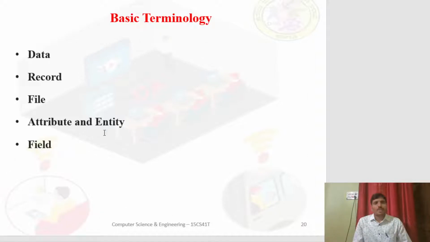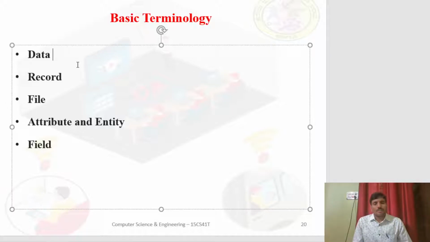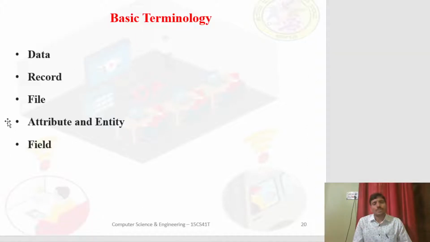The data can be numeric or alphanumeric, right? For example, height of a person. If I take height of a person, it will become a data. Or name of the student. Okay, so such thing will represent the data.